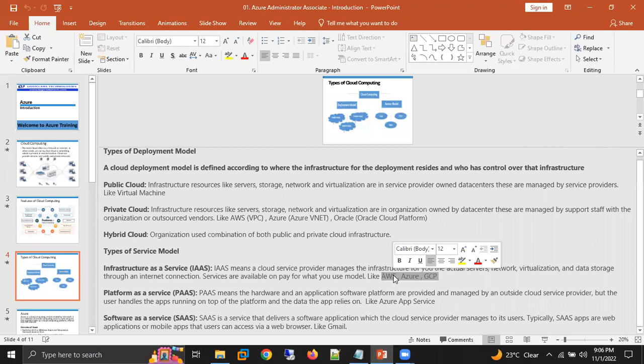Azure is an infrastructure we are going to use. Let's say when I want to create one virtual machine, I need to use RAM, I need to use hard disk. So which infrastructure am I going to use? Azure. That is why it is called Azure as an infrastructure. Okay. So Azure App Service means, sir? Azure App Service means platform as a service.